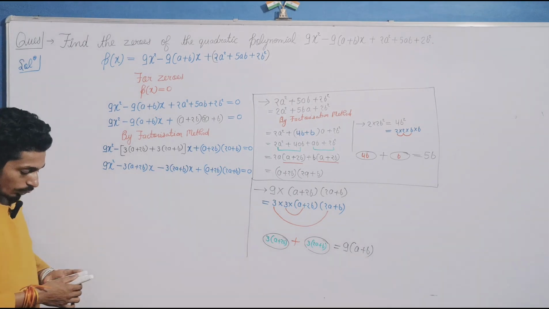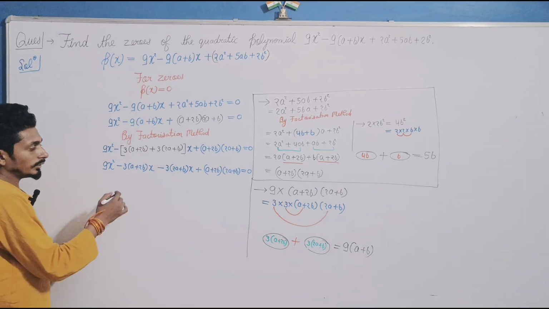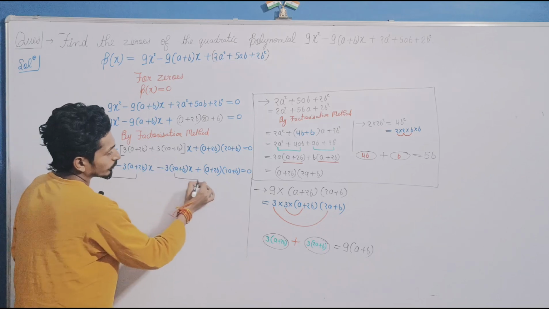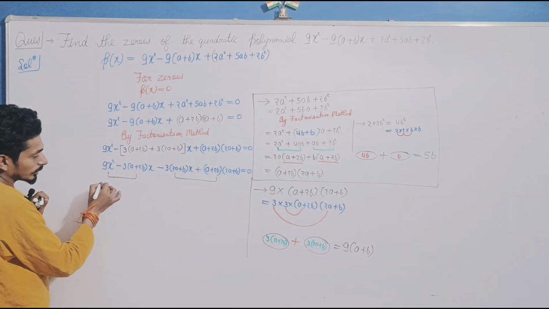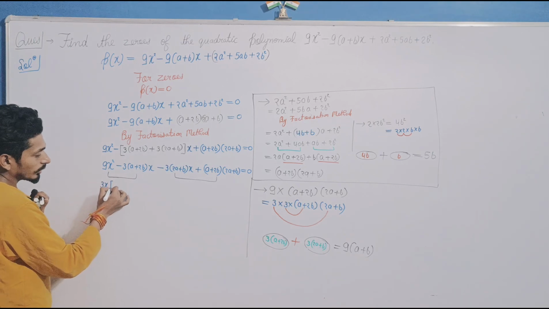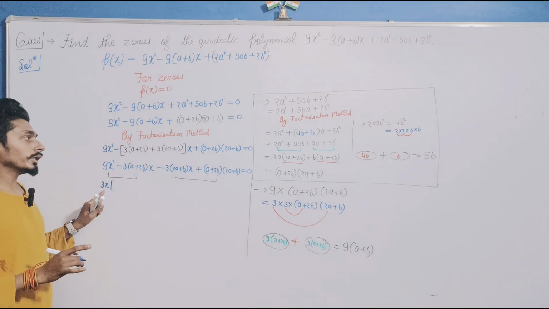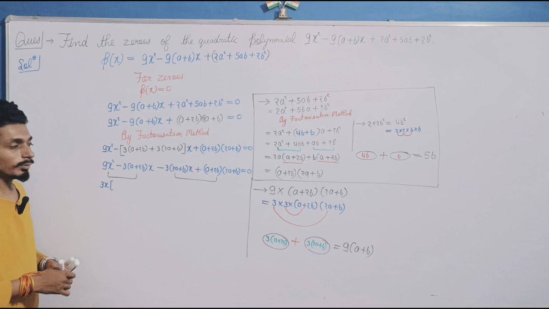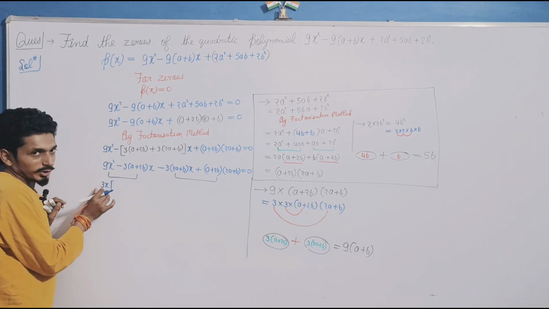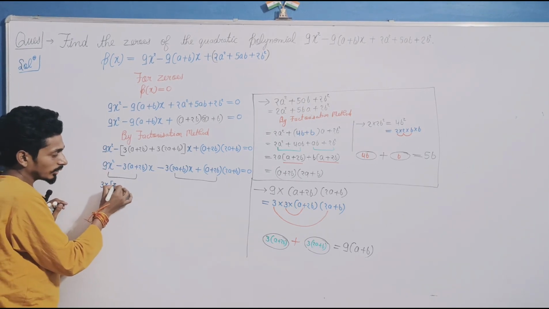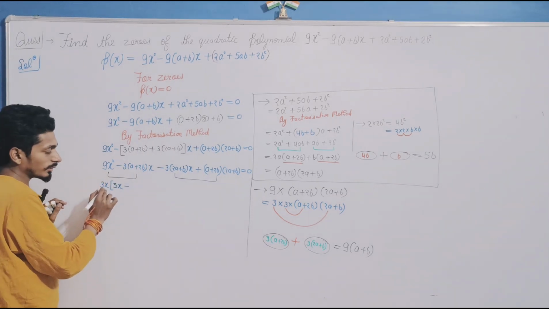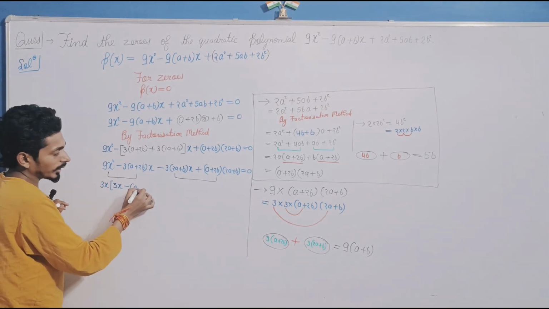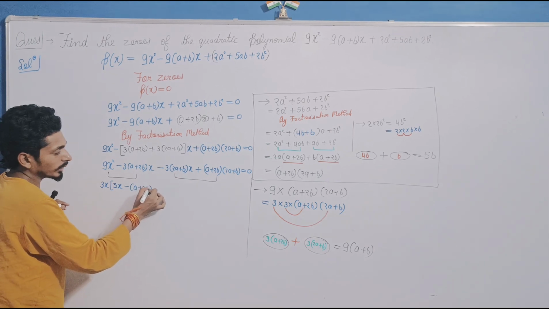Okay. Now we take common in the pairs of 2. Yes or no? So here we take common 3x. Remember that quantity which we take common, divide by each term. So here 9x square is divided by 3x: 3 threes are 9, x by x cancels. Minus 3 by 3 cancels, x by x cancels. So here we can write (a plus 2b).